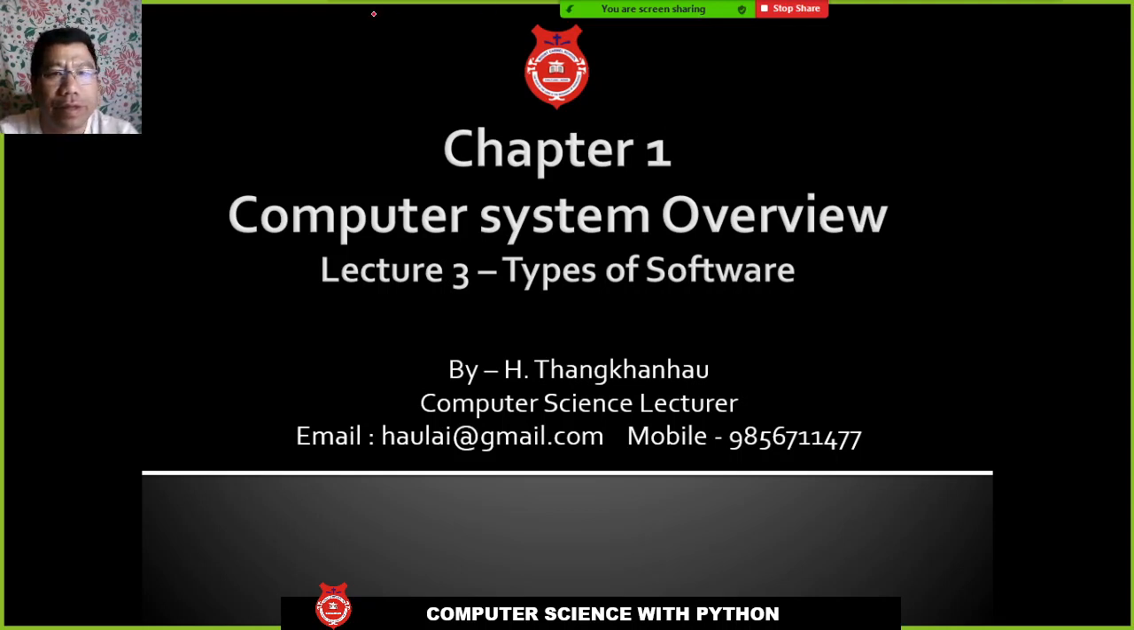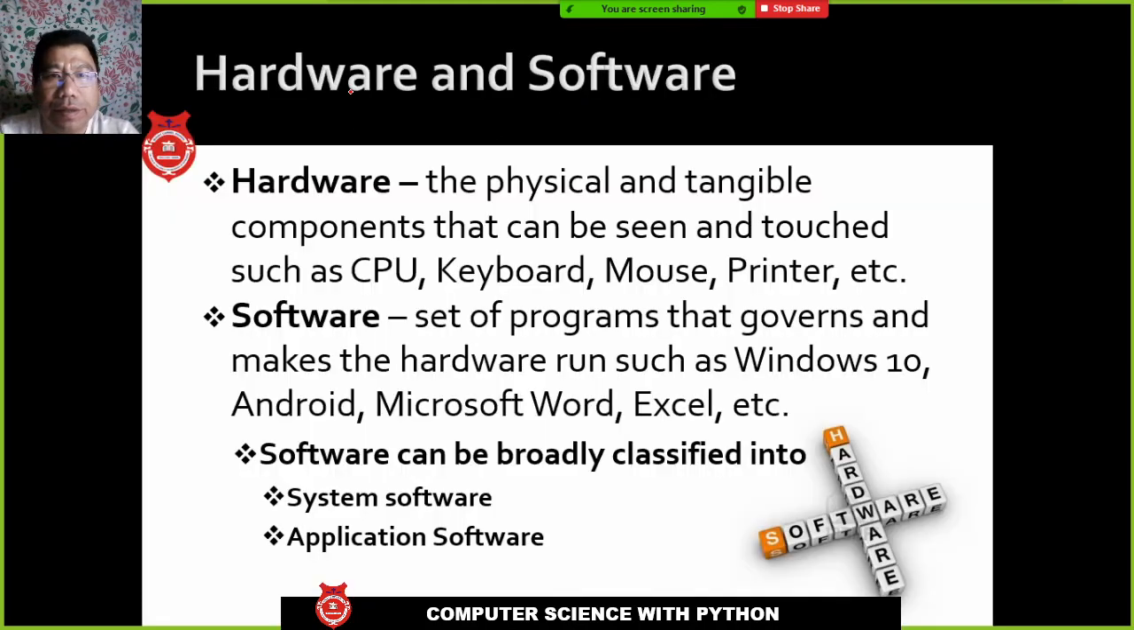Alright, in this third lecture of chapter 1, we are going to study types of software. Okay, the different types of software. Any question? Okay, no questions. So, I hope you have already learned what is hardware and software that I have already explained